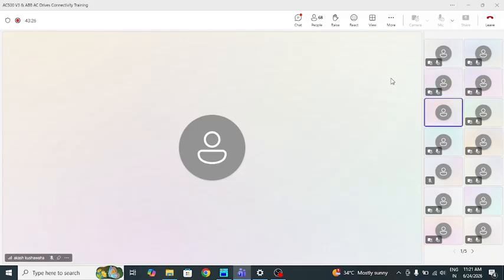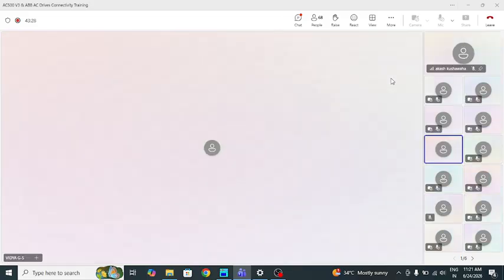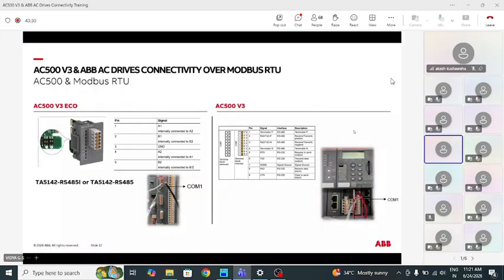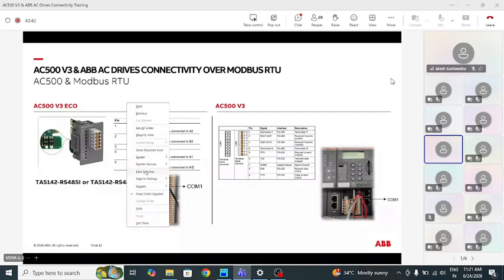So if you have any question, please feel free to type it in the chat. Now let's see with respect to the hardware what is required on the PLC side as well as the drive side. Coming to the PLC side, if you're using AC500 V3 Eco,